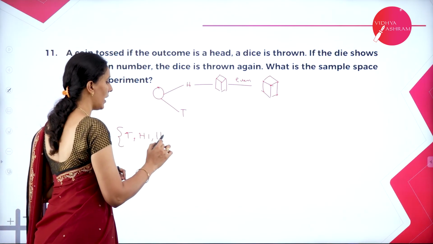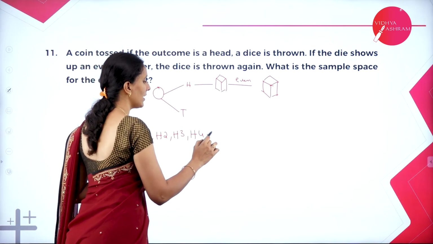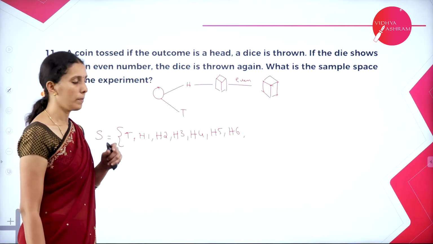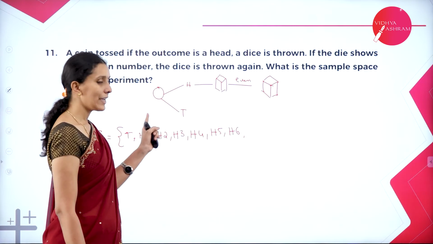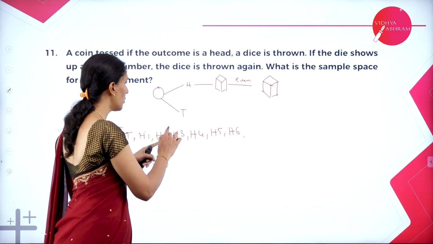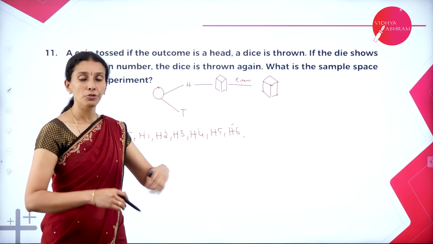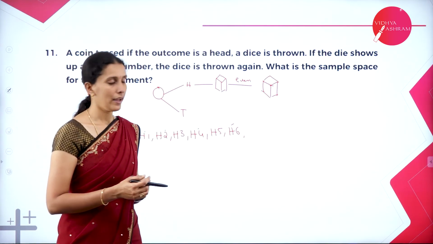H1, H2, H3, H4, H5, H6. So these are the combinations. Again they have given the condition: when a die is rolled, if you get an even number, where are the chances of getting an even number? 2, 4, 6. Anywhere you get an even number, you should repeat the experiment again. What are the chances you can get there? So that is